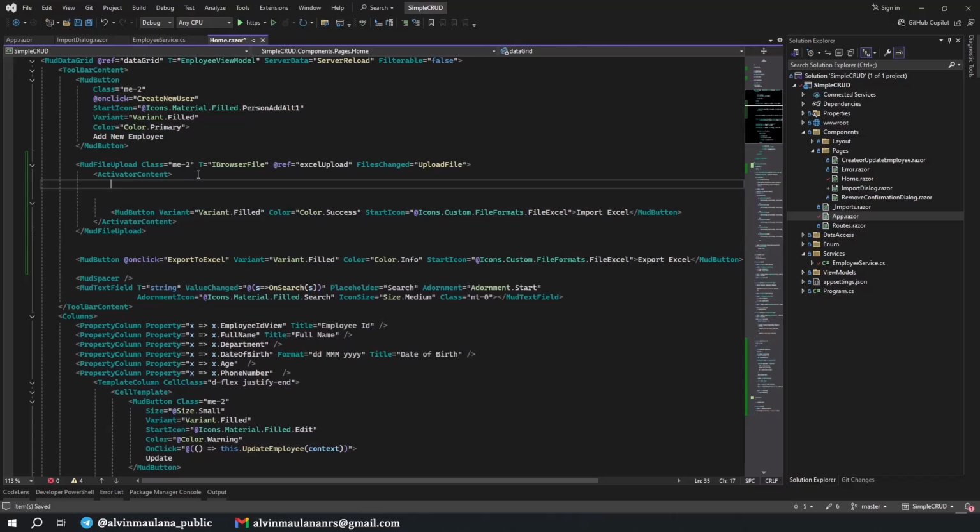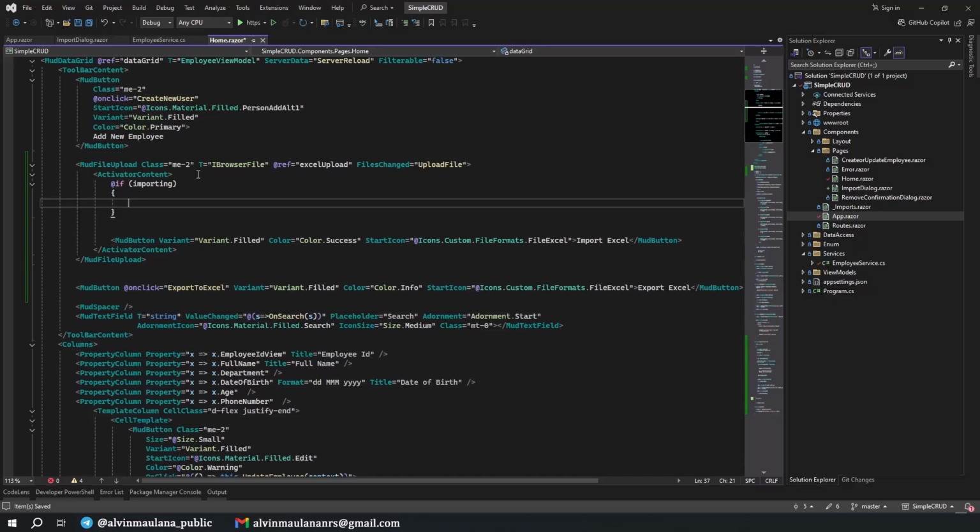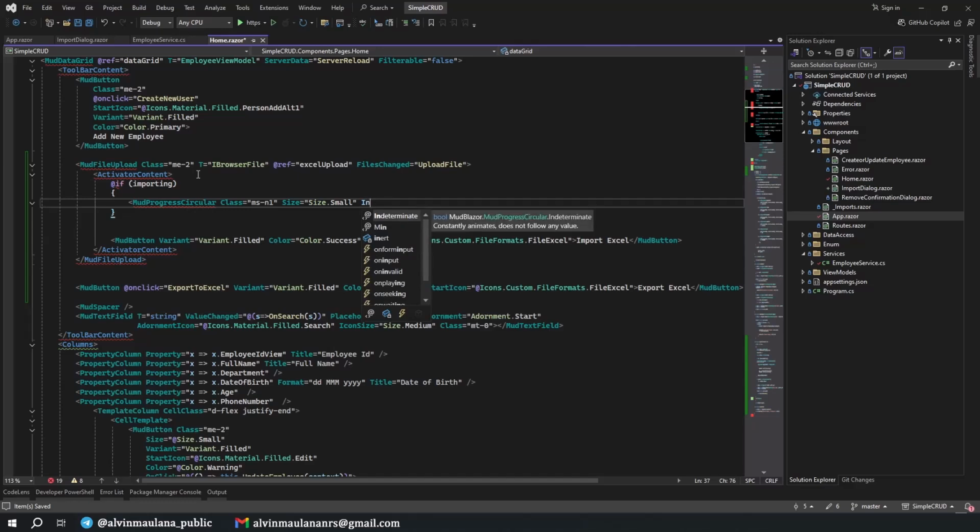On the activator content of file upload, if importing, we will show the MudProgressCircular, class margin with N1, and then the size, we can set size to small, and indeterminate is true.